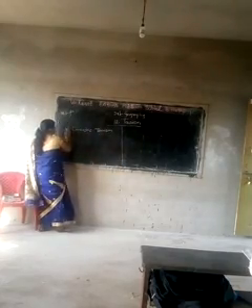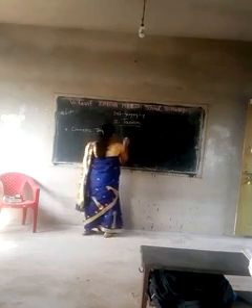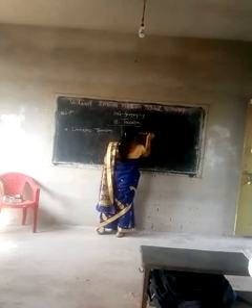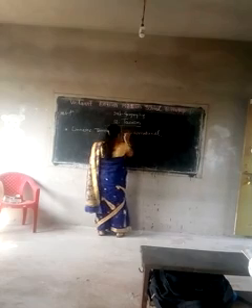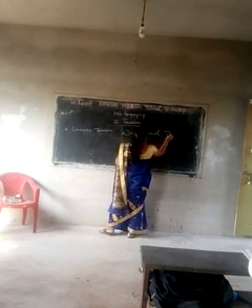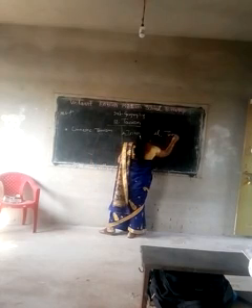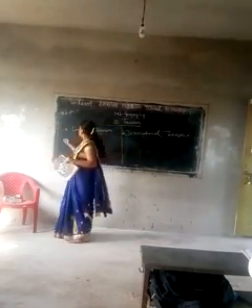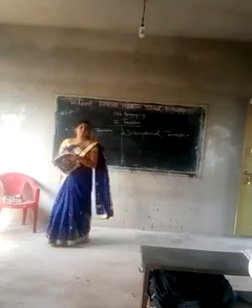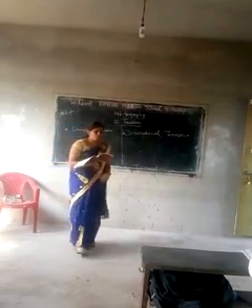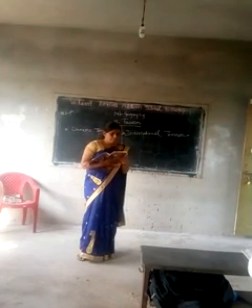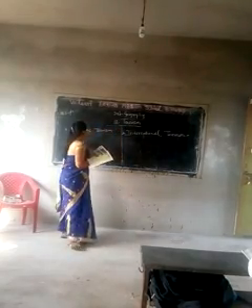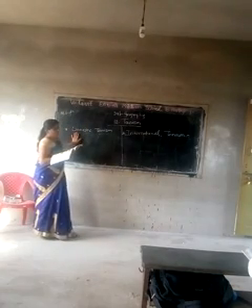First type is domestic tourism and second is international tourism. You understand two types of tourism. First is domestic tourism and second is international tourism. First is domestic tourism. Tourism within the limits of a country is called domestic tourism. That means the tourism which is within the limits of the country.